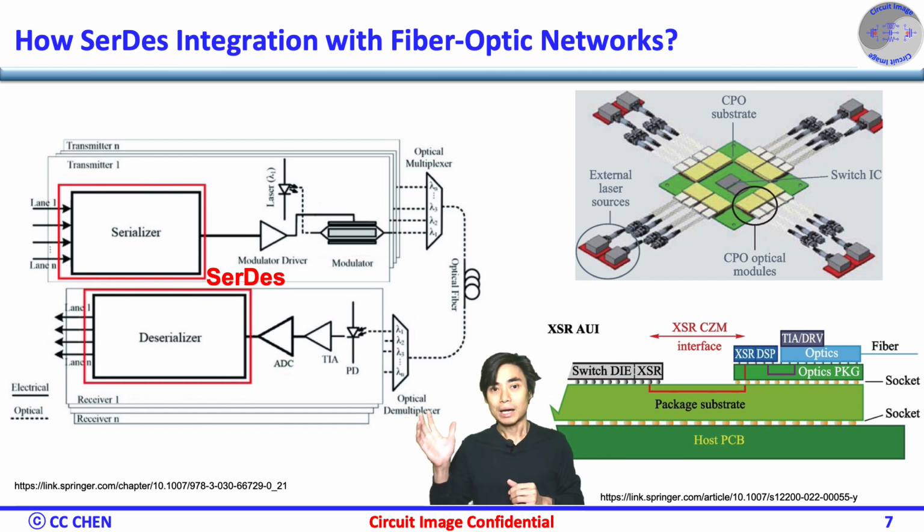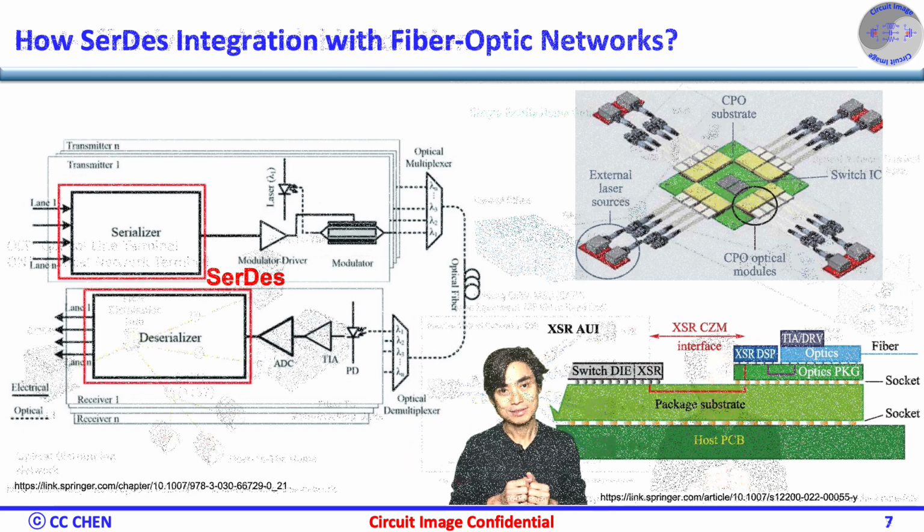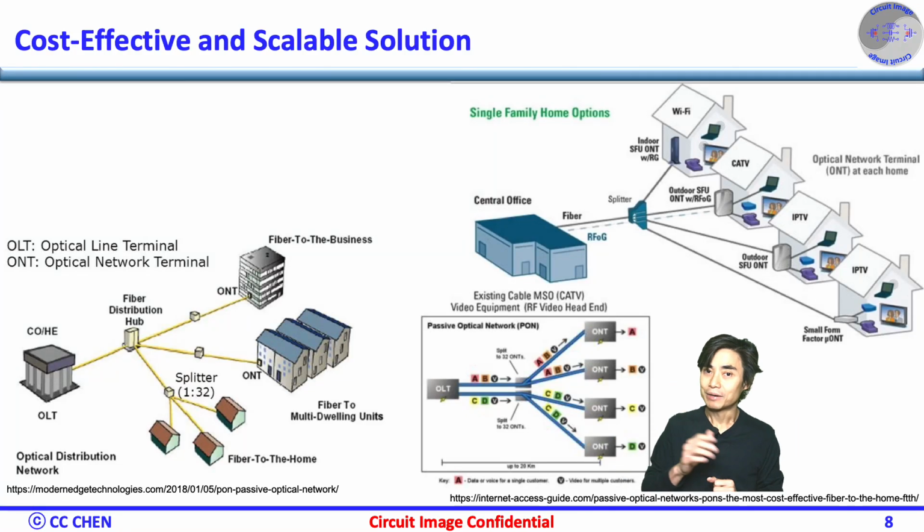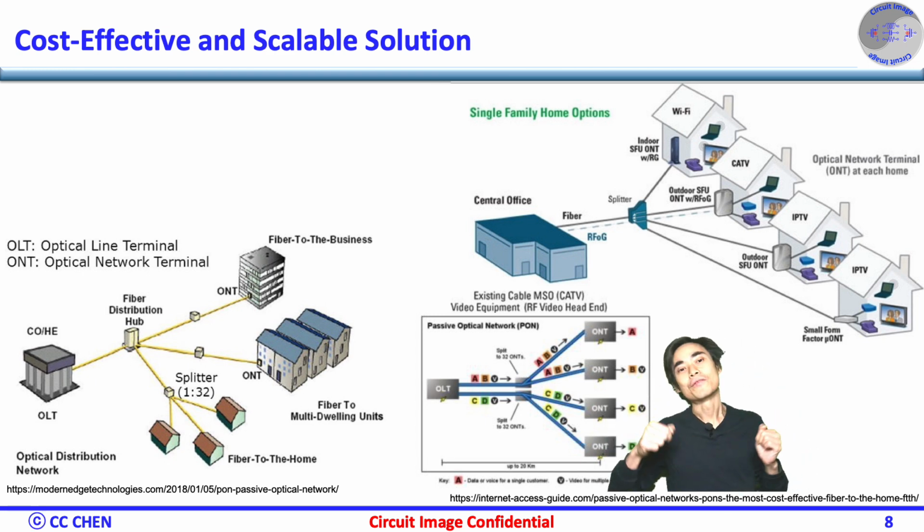This setup is particularly useful in applications where fiber optics form the backbone of the network, and the SerDes handles high-speed data transmission. PON is favored primarily for its cost-saving benefits in deploying fiber optic networks. In a traditional fiber setup, each user needs a dedicated fiber link, which can be expensive to install and maintain. PON, on the other hand, allows multiple users to share a single fiber, dramatically reducing the amount of fiber and